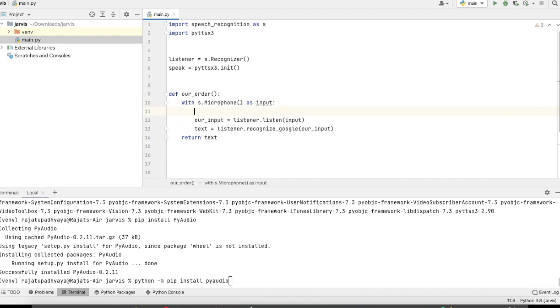Now we can also print "hello sir, tell me how can I help you." And here we can also print our text.